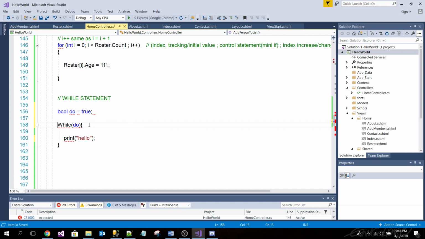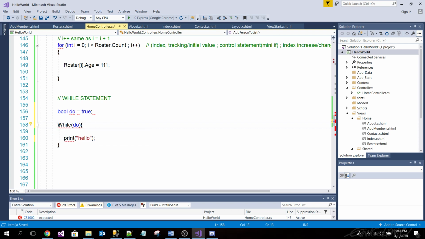Print hello. Okay, exactly. Follow the logic. Do it line by line for me. How does it happen?